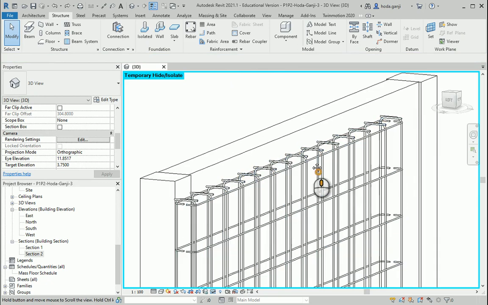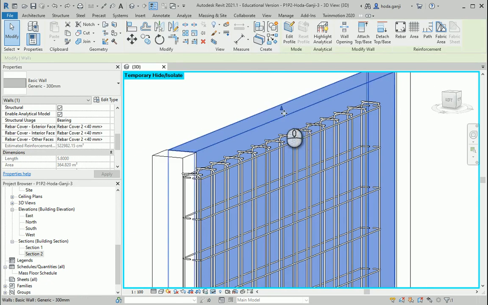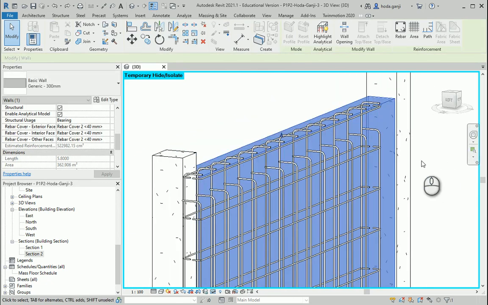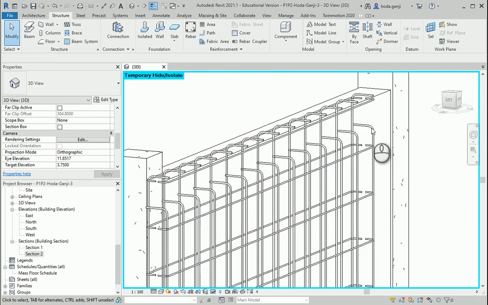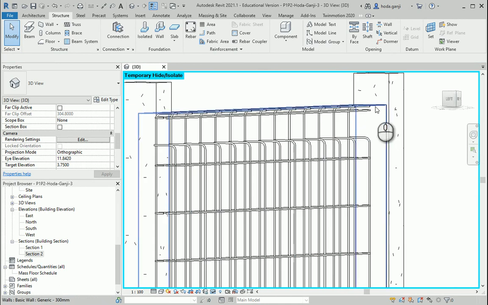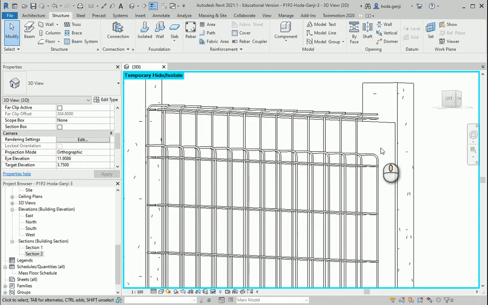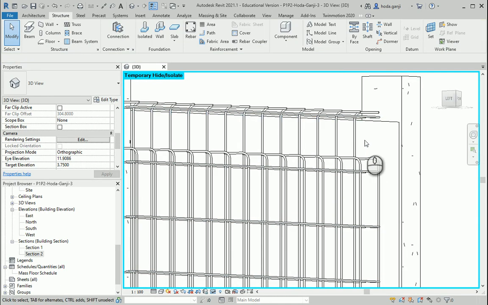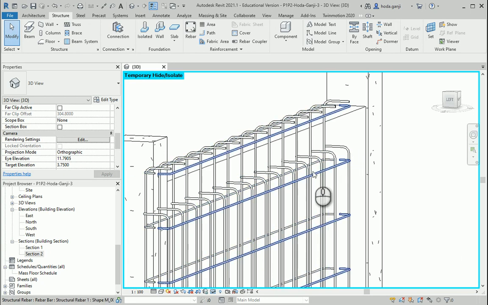Let me show you something here. So this is the wall. If I lower the height or change the height of the wall, you see the elements that I created from scratch update automatically, but the elements that I used mirror for, they don't update. So that's the difference between how the mirror works and how you can make it more parametric if you start from scratch.